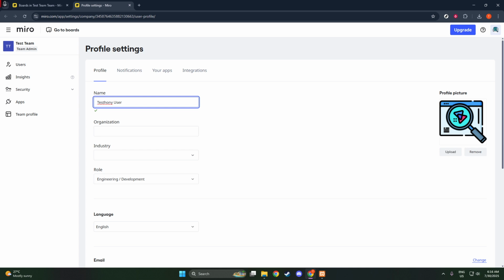And that's it. With these simple steps, you've successfully changed your name in Miro, making sure your profile accurately reflects